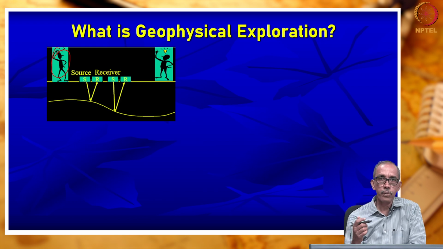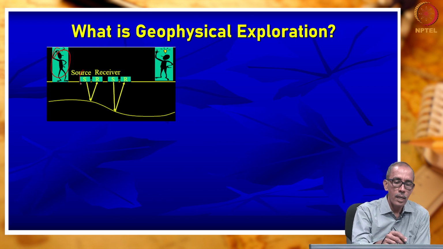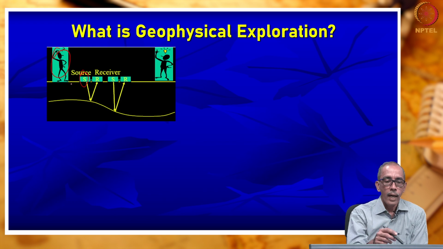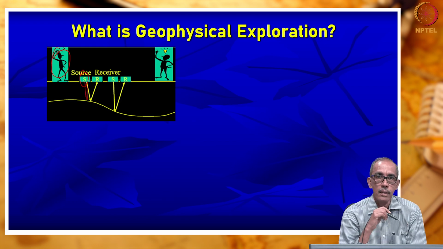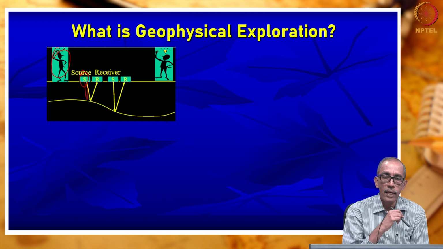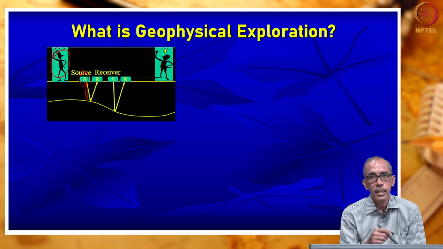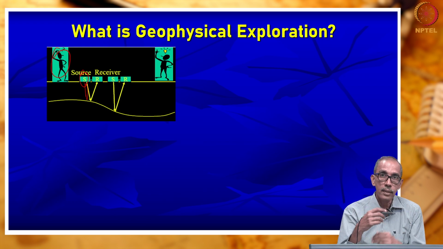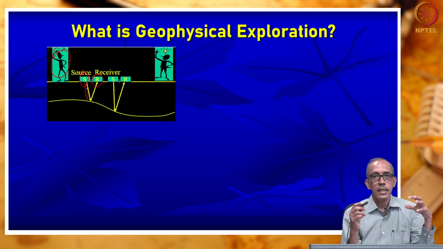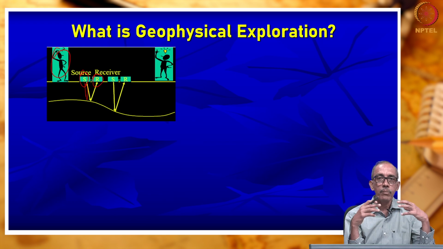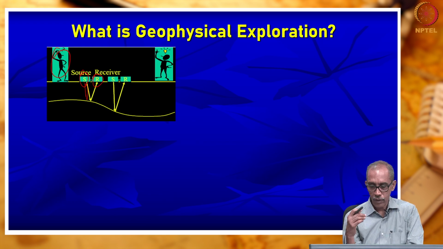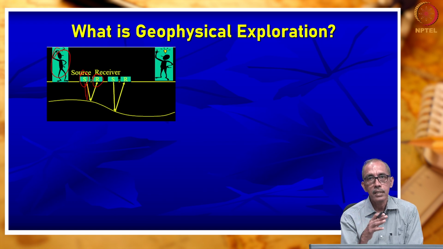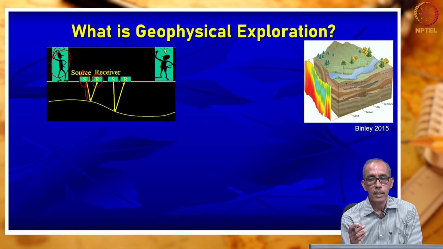In geophysical exploration, we deploy some tool, and the signal that is generated from that instrument will enter the surface of the Earth and go beneath it. It may come back to the surface of the Earth again, where it is received. So there is a source and there is a recorder. From the signals which we receive at the surface, we try to understand the subsurface. This, very simply, is geophysical exploration.